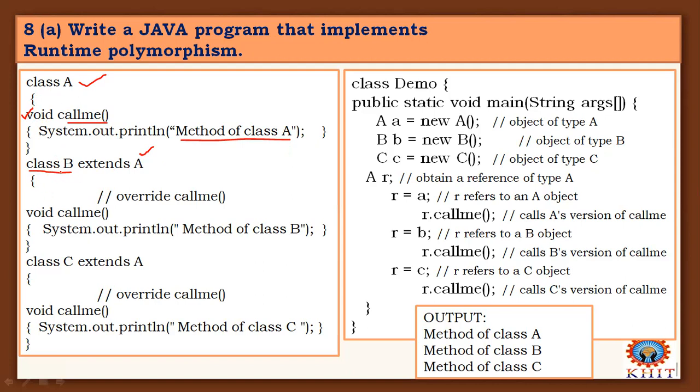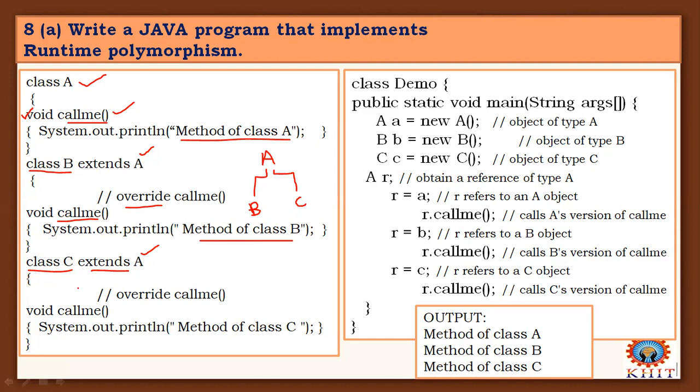And inside of this class B, it defines one method with the same name as the superclass A. This is the concept called overriding, the overridden method. So it simply displays: method of class B. Again, I have another class C that extends the properties of class A, right? What type of inheritance is it? B extends the properties of A, and C also extends the properties of A, hierarchical inheritance, right?